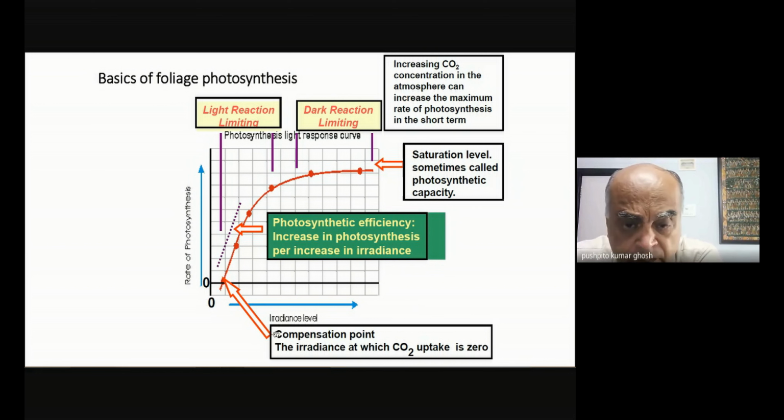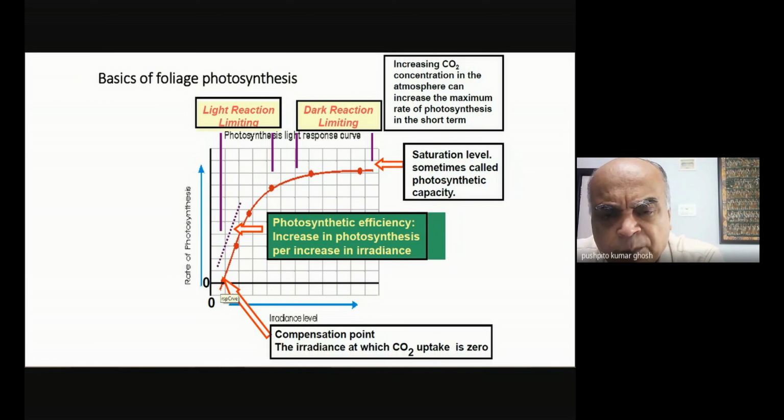Now, firstly, there is a point up to which, even if you have some light, no net photosynthesis will take place in this region, and this is known as the compensation point. This is the point at which you will get a positive photosynthesis. Now, why is it called the compensation point? Can anyone tell me